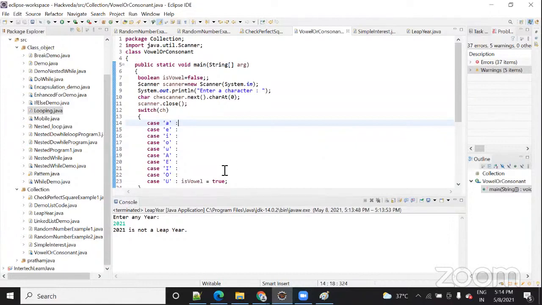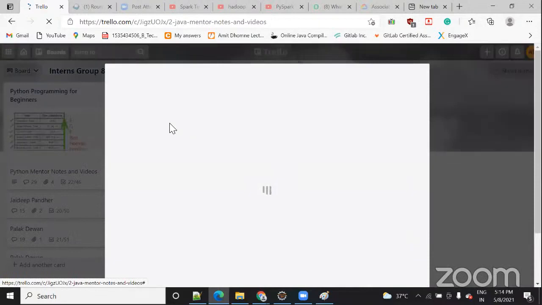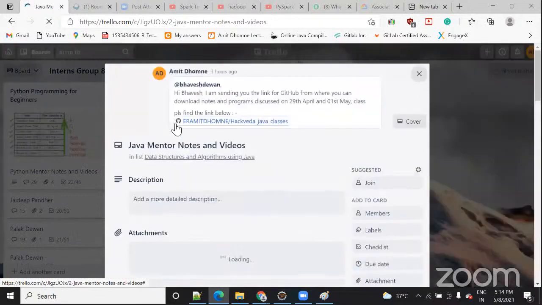You can ping me on GitHub or Trello, or otherwise message me in this Hack with Us portal itself. I will see some more examples on this and give them to you.